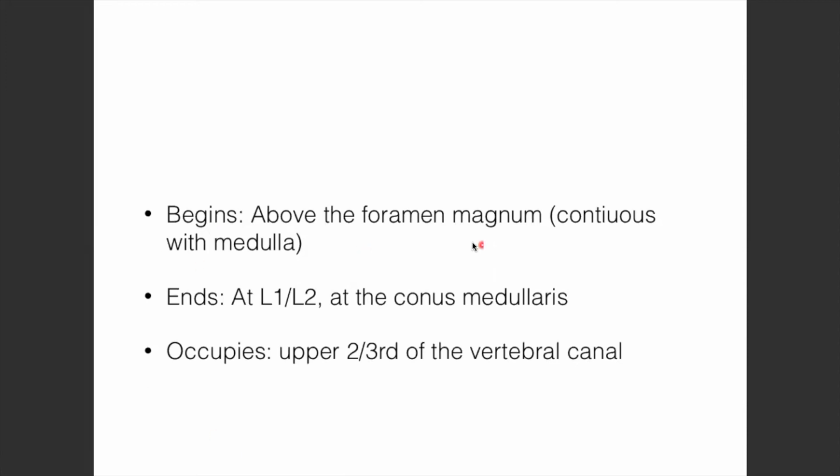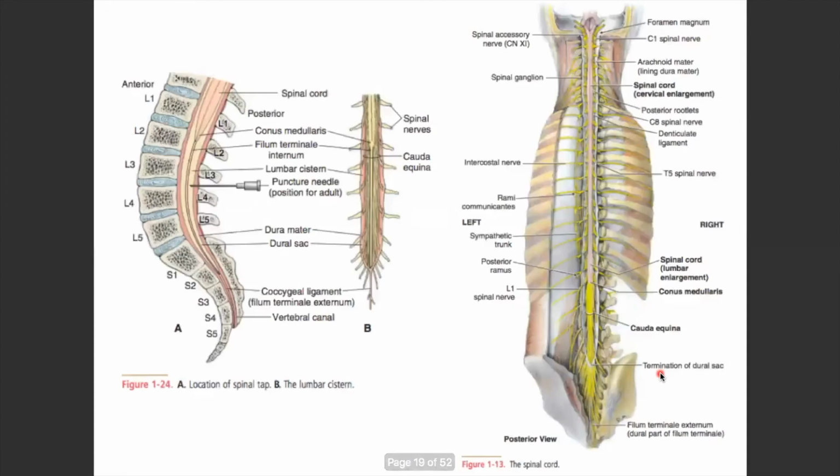You know, it begins above the foramen magnum, so it continues with the medulla. تمام? It ends when? It ends at L1 and L2 في حتة بنسميها الconus medullaris. It also occupies the upper 2/3 parts of the vertebral canal. تمام? So take a look at it really quick. عندنا هنا ده الميدولا، عندنا هنا الspinal cord, the foramen magnum. تمام? So that's where it starts. It ends at the level of L1, L2 في الحتة دي which we call the conus medullaris. تمام؟